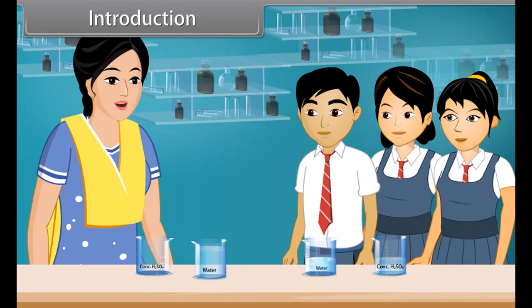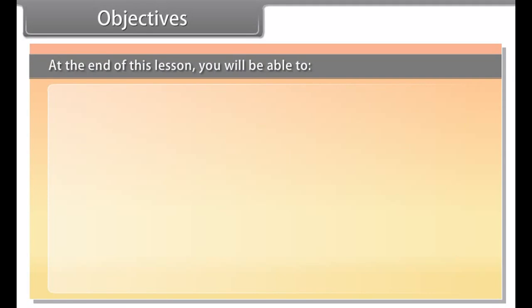As sulfur is an important element of the P block of the periodic table, today we'll study about the 16th group of the P block elements. Objectives. At the end of this lesson, you will be able to